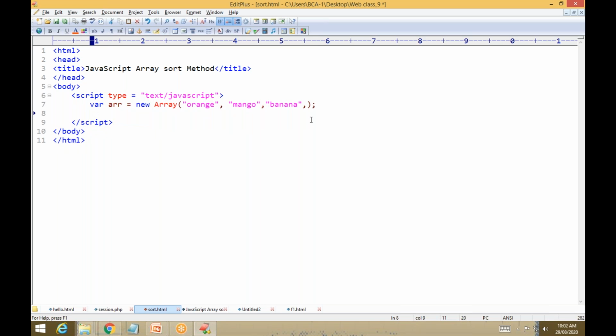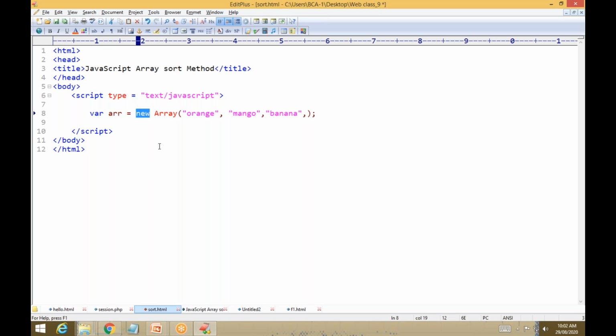First this is the creation. This is one type of array creation, using a new array instance. This is an array constructor, because we are using the values within brackets, that is called a constructor, right? Now I want to sort this. First I observe starting from O, M, B. I want to sort it from B, in alphabetic order, small to big. So how do we sort the elements?